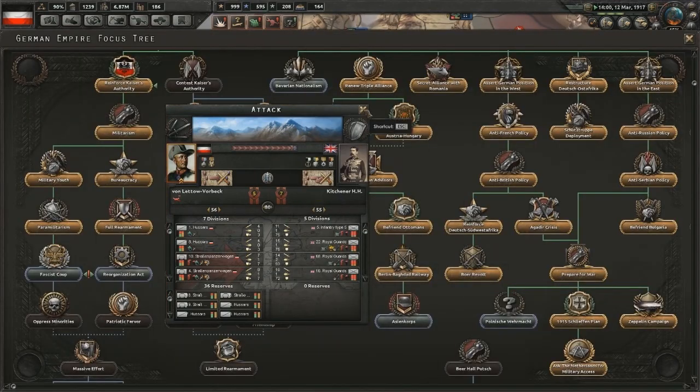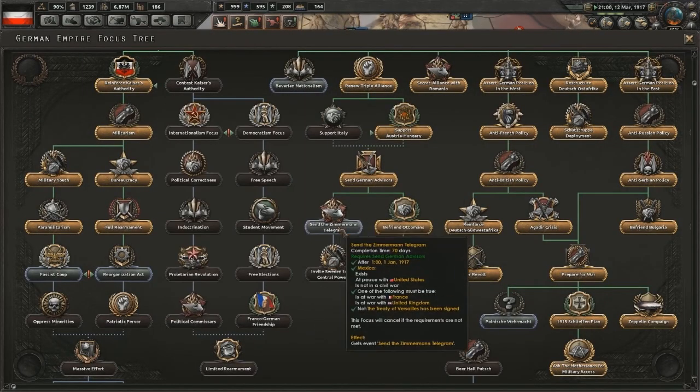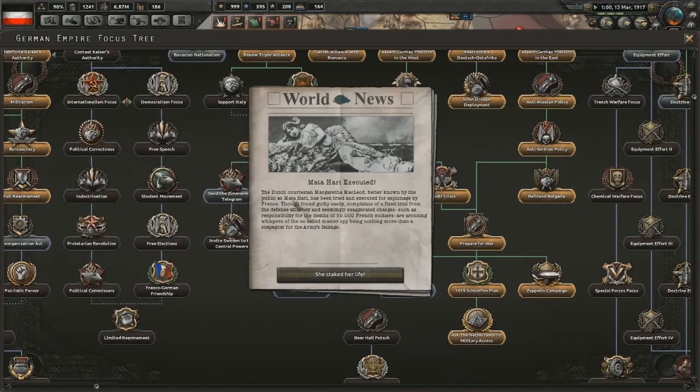Alright, so we got that. Okay. So, the Dutch courtesan,